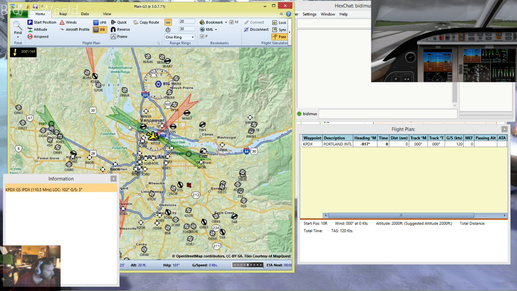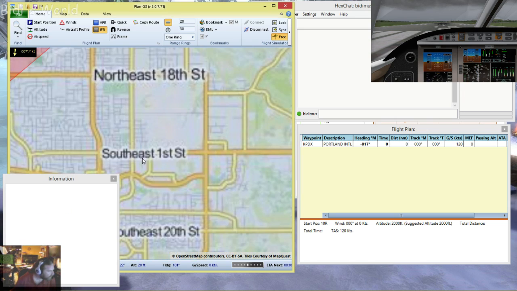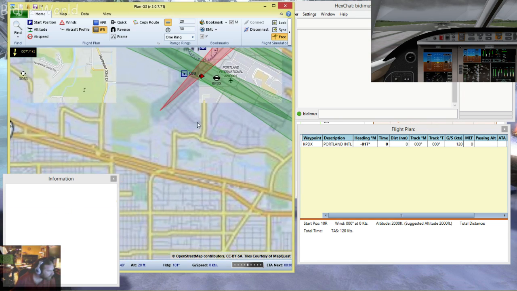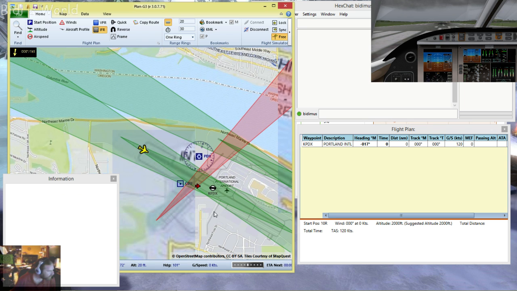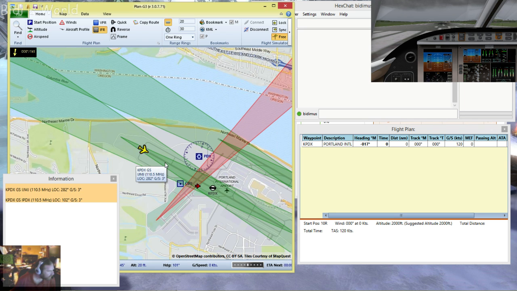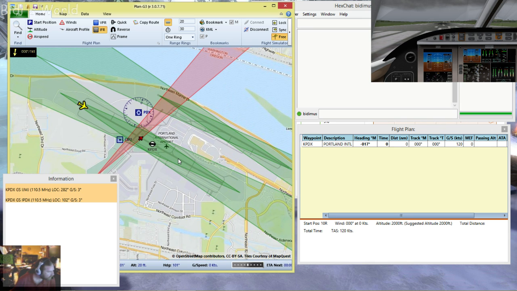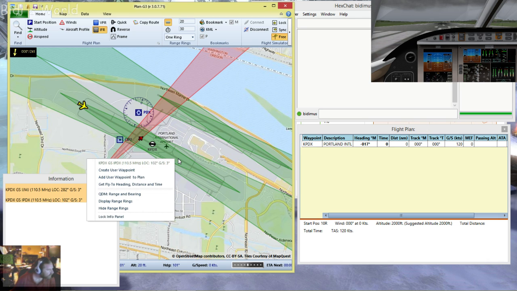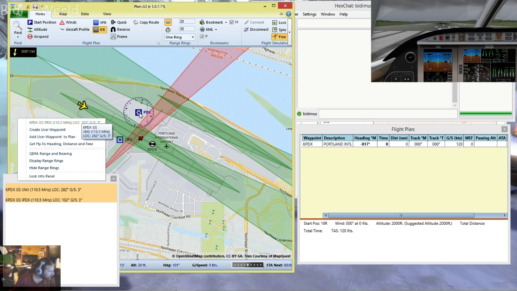But we are currently on, which runway are we on here? I honestly don't know how to tell which runway we're on. Let's look at the map. Not range rings, we want to see